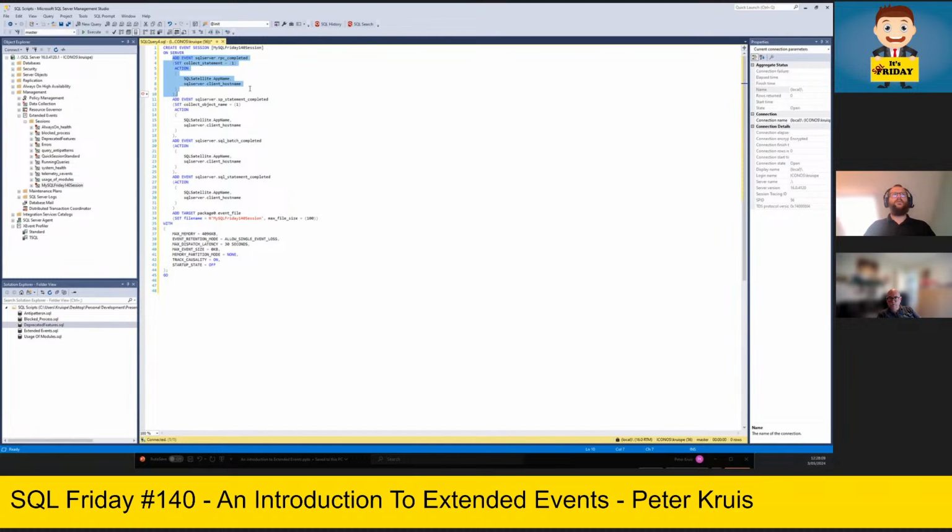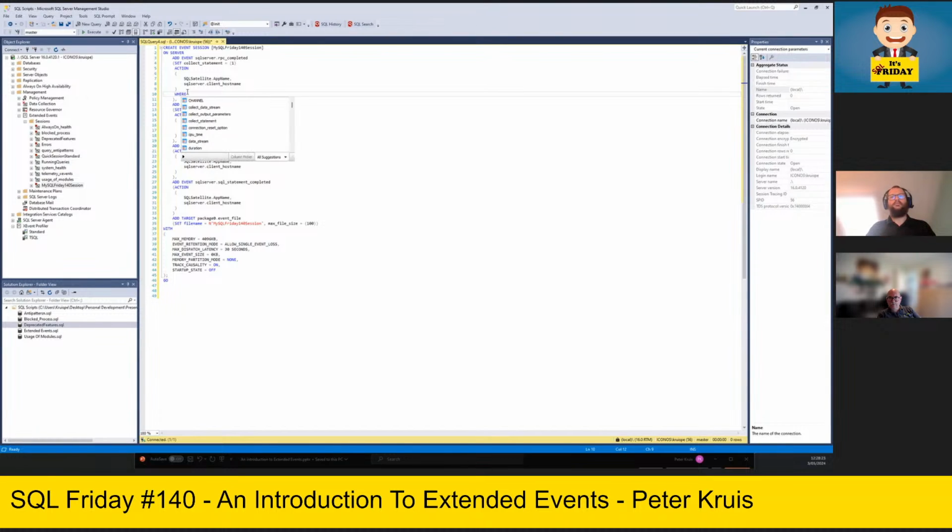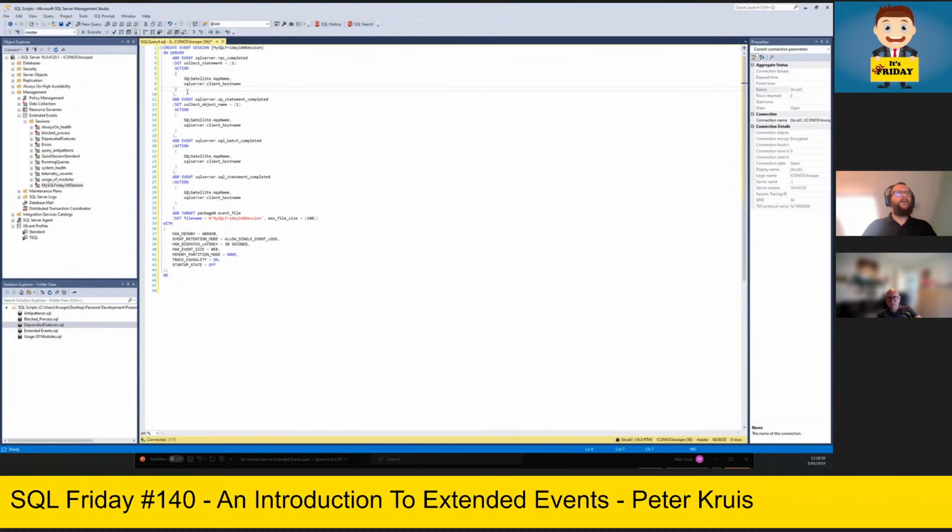And I'm going to collect as actions the app name and the client host name. And eventually, I also have a where under here. So after action, I have the possibility to say where, for example, your duration is longer than a specific period of time. And so it is for all the events.